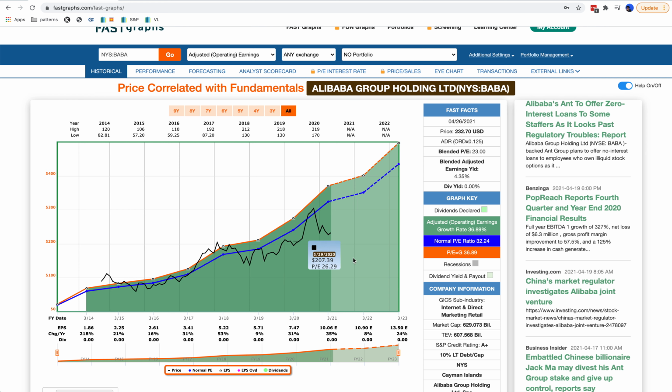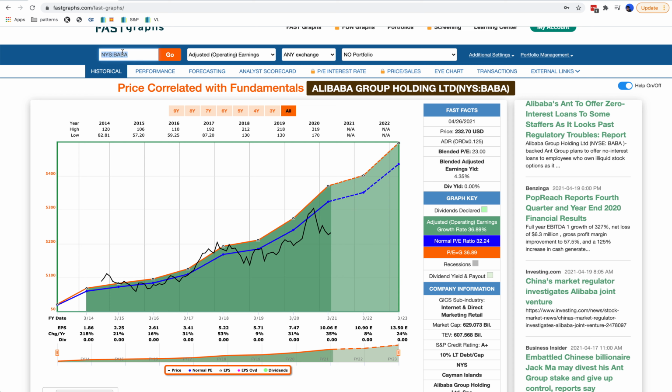And so what you typically want then is, of course, a margin of safety, right? So you want a company that has a current PE that is quite a ways away from either the intrinsic value or the averaged out multiple for this particular company, because this means that if the price goes up, you have all of this buffer to be able to make a profit. And so this actually is a really fast way to